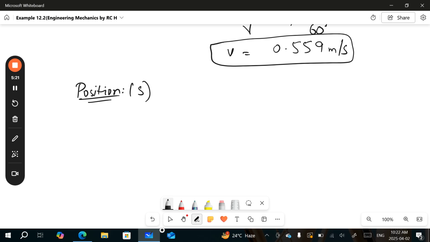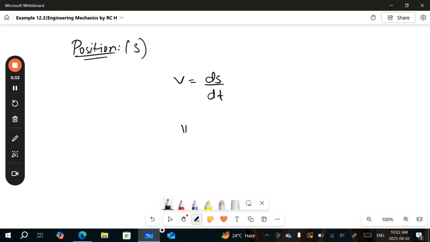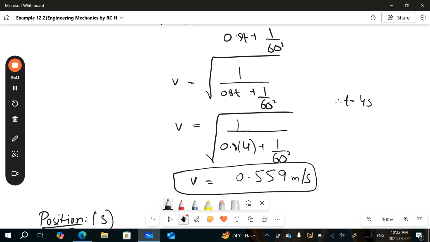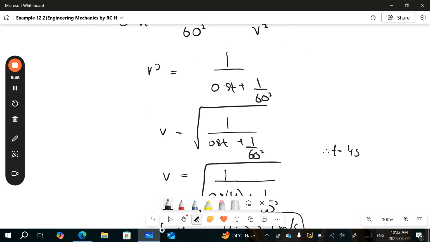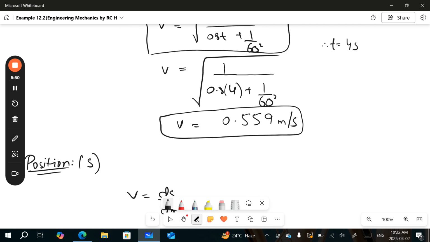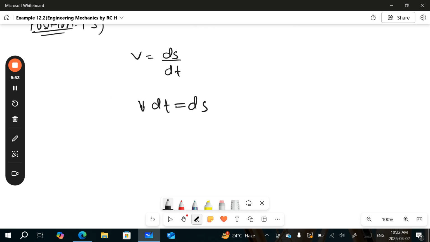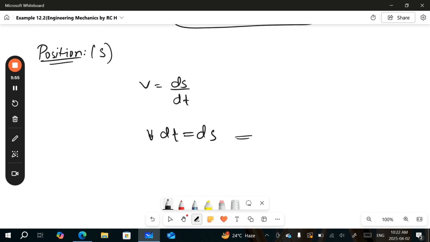which is basically s, and as we know that velocity is equal to ds by dt. From here we can find the position or the displacement. V into dt is equal to ds, and as we have solved previously, we have found the function of velocity. Putting this in the below equation, we can put